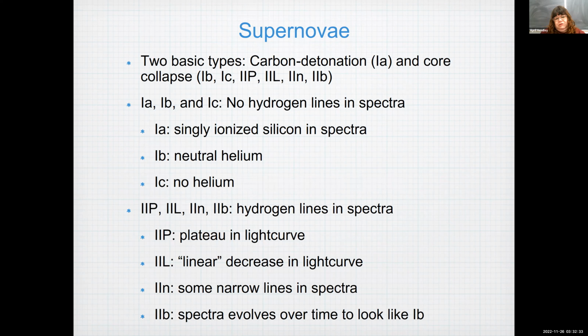The ones that are most connected with gamma ray bursts are the type 1c. And there's two basic types of supernovae: carbon detonation, which is the 1As, and core collapse, which is everything else. The rest of the slide just shows the difference between all the different types. Basically, anything that starts with 1, we don't see any hydrogen when we look at the light from them, while the ones that begin with 2 have hydrogen. So